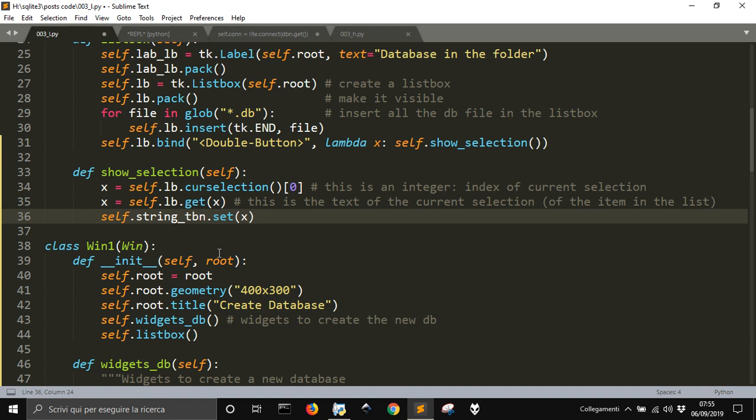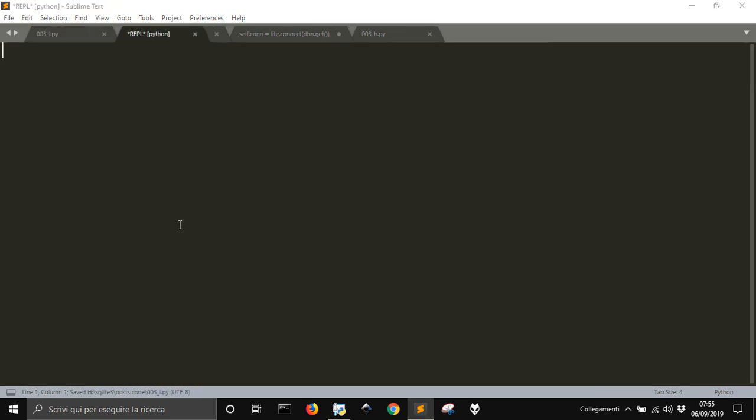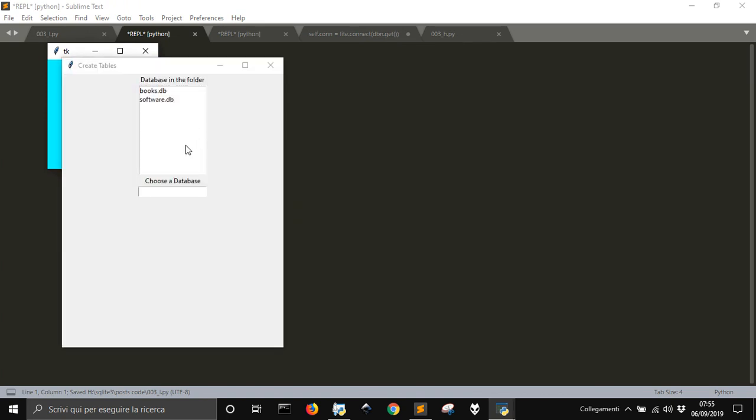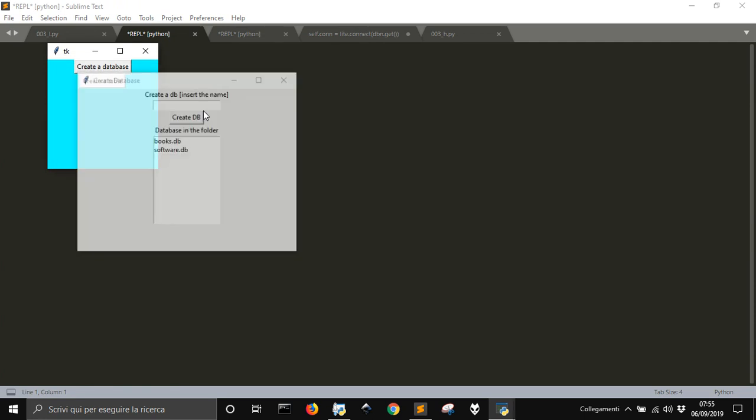So let's go here. We could implement this into why. Let's run it. Let's go. Now it works. You see, if you just double click, you get the name here. You don't have to write it. That's all this code is all about. But let me check one thing. If I do click here,